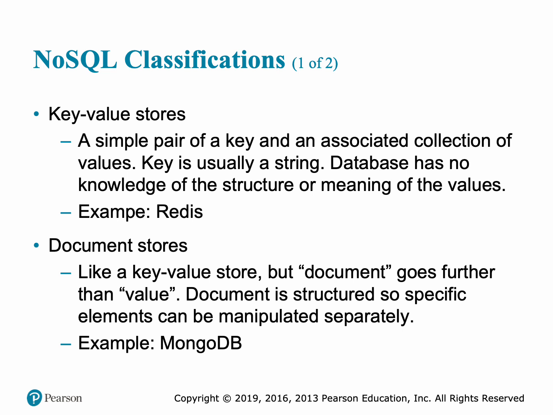Whereas document stores are a type of NoSQL database designed to store, retrieve, and manage document-oriented information. In a document store, data is encapsulated in documents, typically formatted in JSON, XML, or BSON, which can contain nested structures and are more flexible than the rows and columns found in relational databases. This flexibility allows documents to have varying fields, making it easier to adapt to changes in application requirements. A popular example of a document store is MongoDB, which is widely used for its scalability and ease of integration